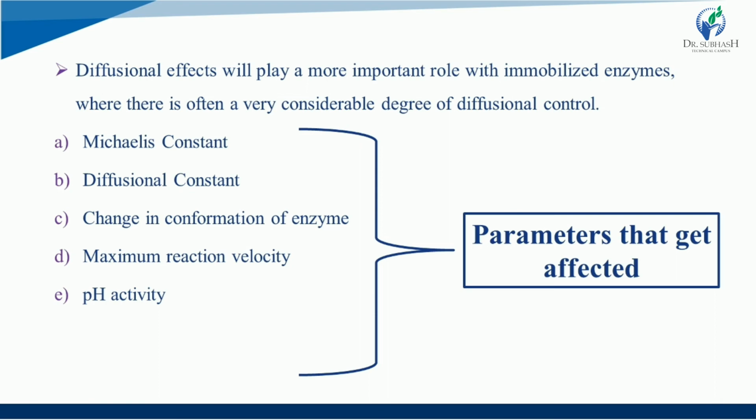pH activity: the variance in the pH profile of the immobilized enzyme depends on the charge of the enzyme molecule on the support. So charge is again important here. This variation is attributed to partition effects that cause different concentrations of charged species. So again, this is a really important point to discuss, and there can be a shift in both the optimum pH and the pH of the activity profile, right? So you need to understand this.